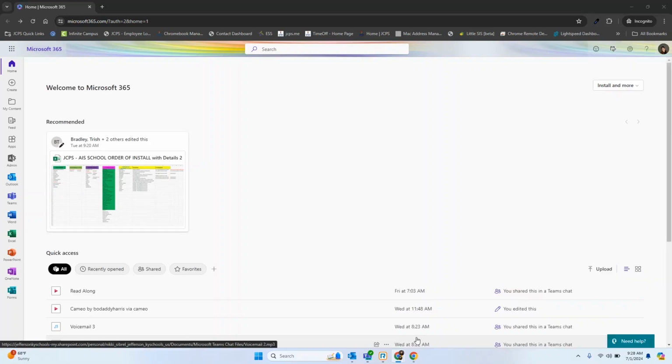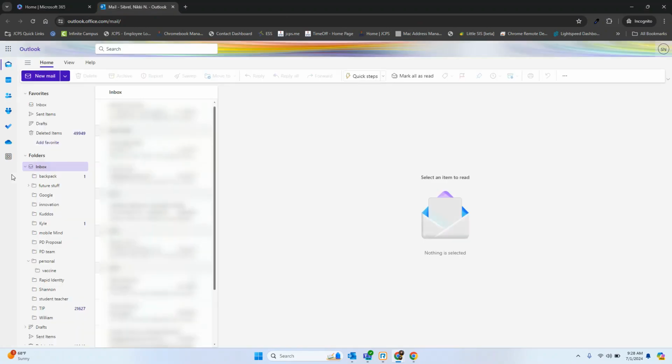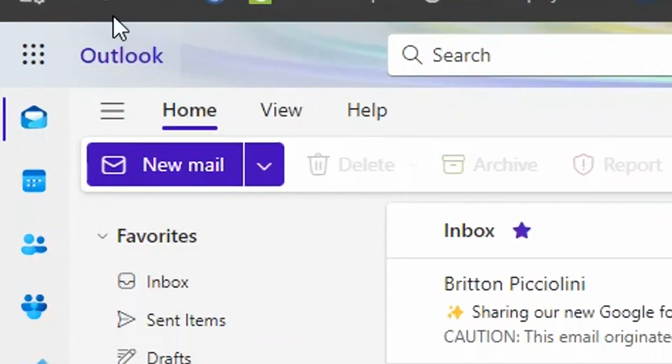Now let's move into some of these Microsoft applications. First, we'll start with Outlook. Outlook is for sending and receiving emails, managing your calendar, and scheduling meetings and events. After clicking on Outlook, a new tab will open of all your emails. Just as we viewed the day agenda in our previous tab, all that information comes from what is in Outlook. We'll see that same schedule right here